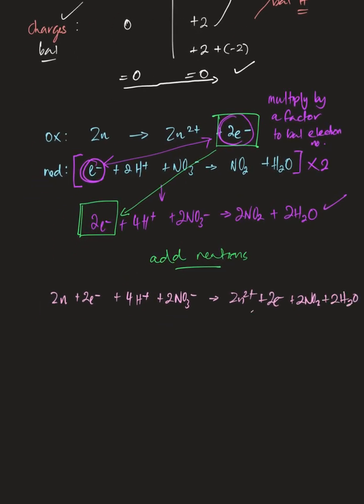And in this whole thing, I can cancel out those 2 electrons. So therefore, at the end, my final balanced equation is Zn plus 4H plus 2 NO3